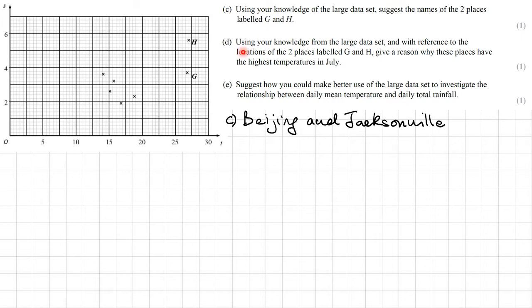Part D. Using your knowledge from a large data set and with reference to the two locations labelled G and H, which I've suggested are Beijing and Jacksonville, give a reason why these places have the highest temperatures in July. Well, both of these places are further south than the UK locations, so they're closer to the equator. So I'll just put further south, therefore closer to the equator,